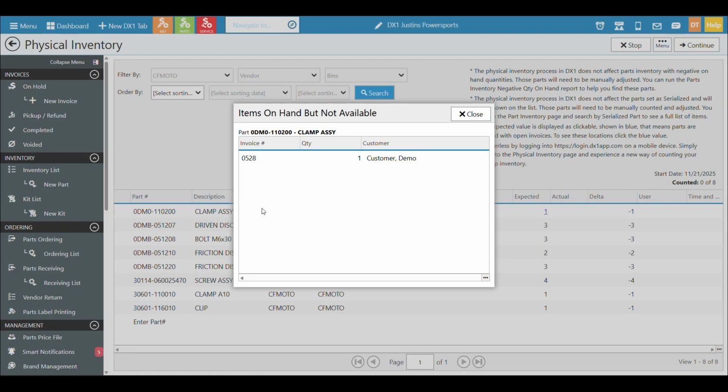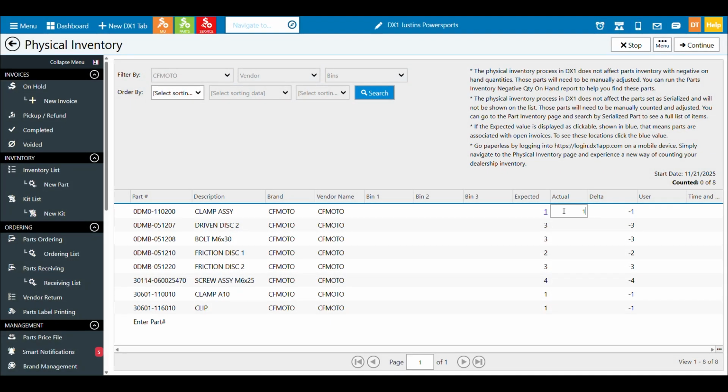And in this case, if I have a stocking location for this part number, but it's sitting on a layaway shelf for a customer, if I go over there to look for it, I might think, oh, I don't have any, and put the actual 0. So this is one of the upsides of using the digital tool: you're able to click this and find out, oh, okay, it's telling me I should have one. Rather than going to the stocking shelf, I should go over to the layaway shelf. Oh, there it is. Yep, it's for the customer. And then I could close this and say I definitely found it.